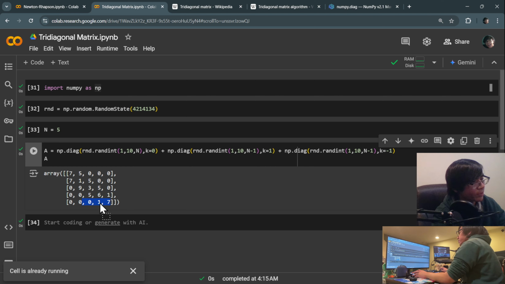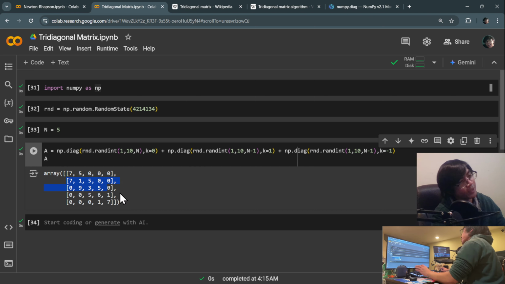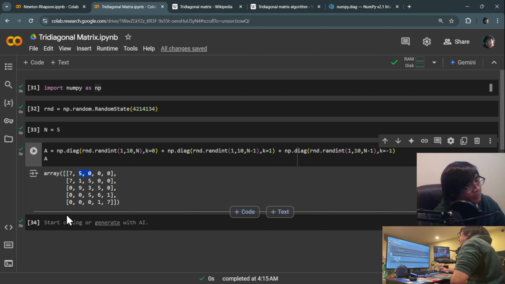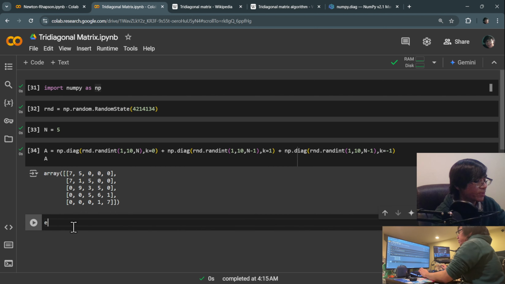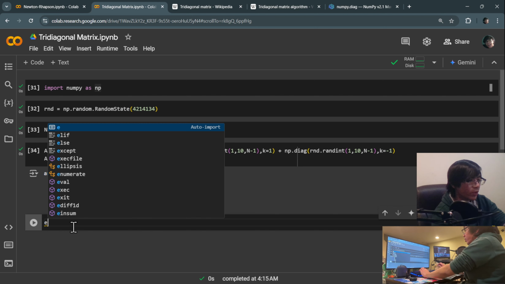I think it worked. 1, 7 is what I'm looking out for here. 5, 7 is right, so I don't know anything about the... Well, if this is right, this is the bottom diagonal, and if this is right, this is the top diagonal. So hopefully that's right. Then we also want to do the same thing for our equations, but this is not